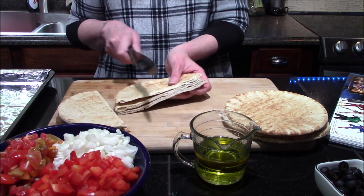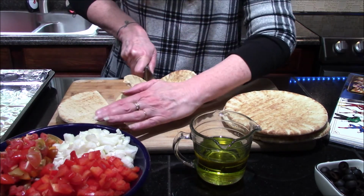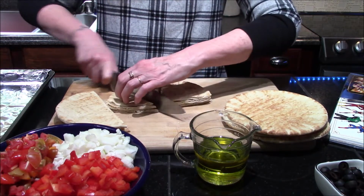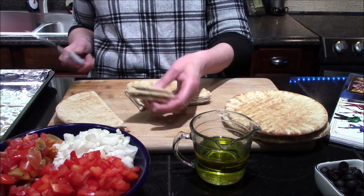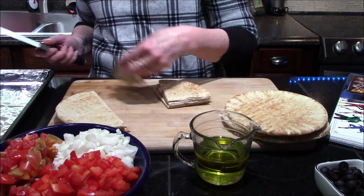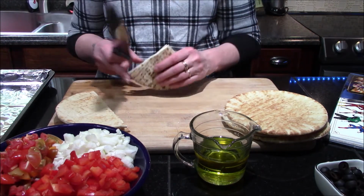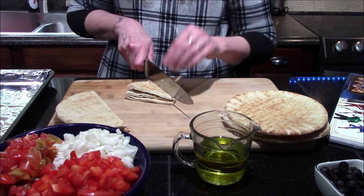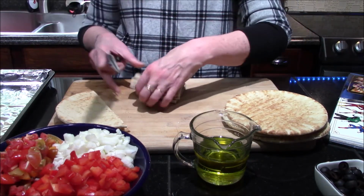We'll start like that, and then I think I'll go in half again, and then in half again. And that should be a good sized chip, I would think. And I'm going to put those over on an aluminum foil lined cookie sheet. While I'm getting the rest of these chopped up, I would like to go ahead and remind you of the